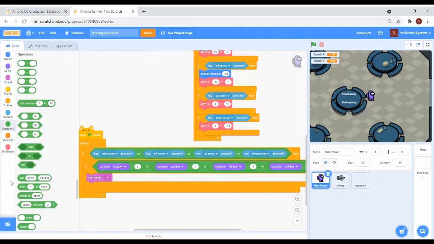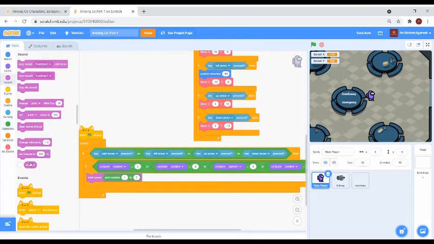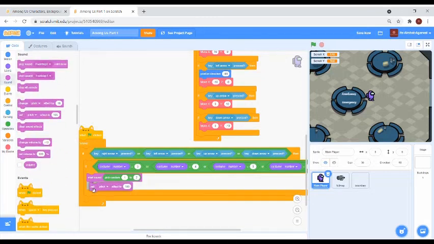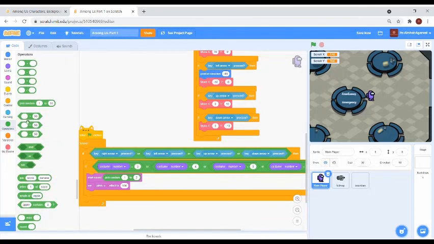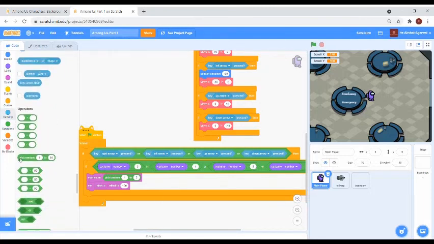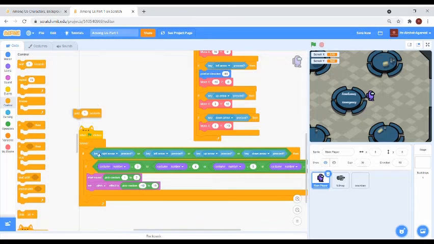So now you can pick random 1 to 2 and set pitch effect to pick random -10 to 10, and we will add the wait in the forever block for 0.01 second.